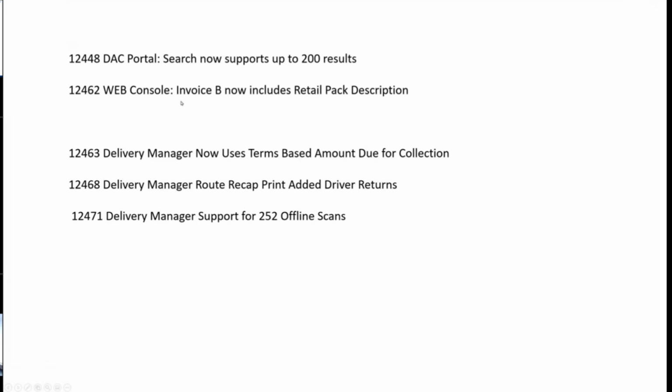Another change: Web Console renders an invoice type of function in there. People have used that for years, but it never showed retail pack description for some reason, and somebody pointed that out to us, so that was added. And DAC Delivery Manager,